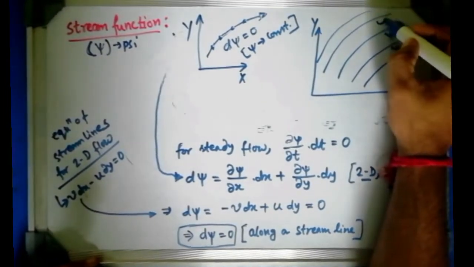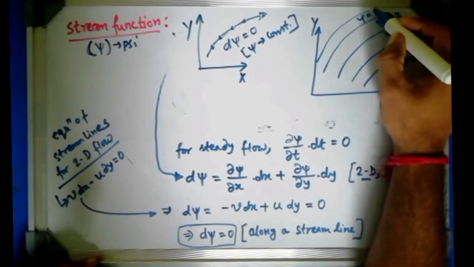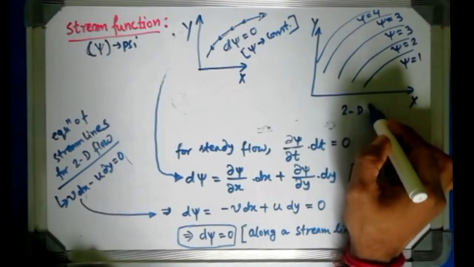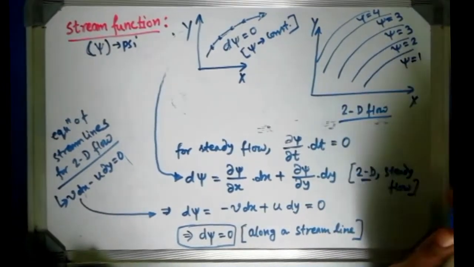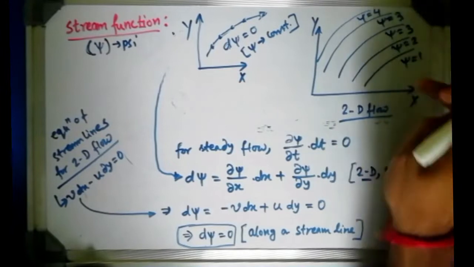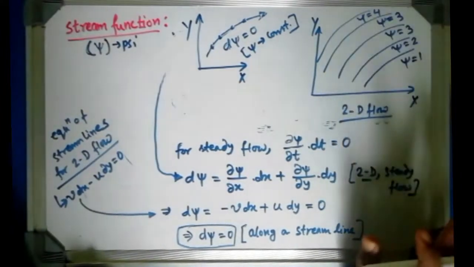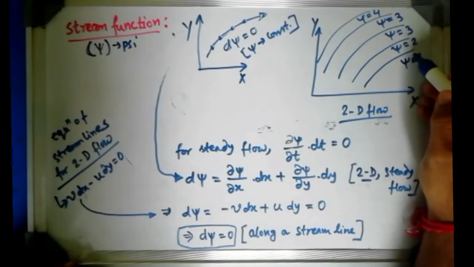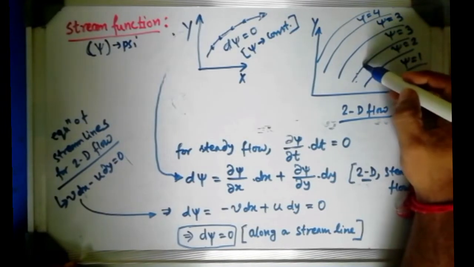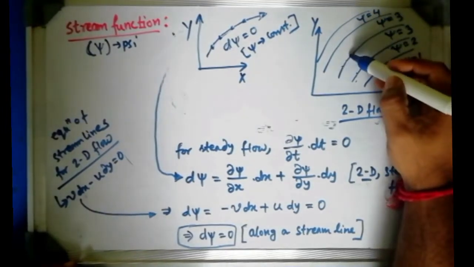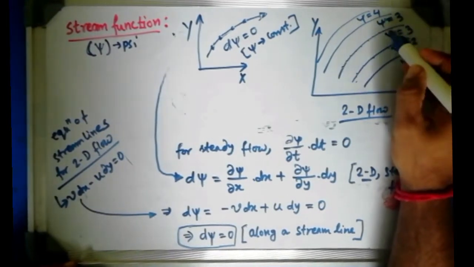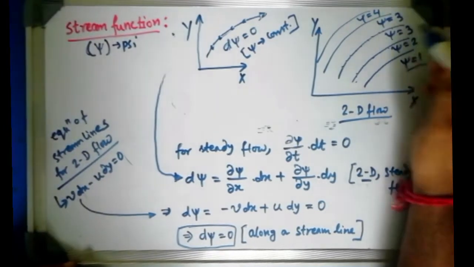For different psi values, I can draw different streamlines, isn't it? Mind it, it is for 2D flow because only x and y coordinates are there. For 2D flow in a Cartesian coordinate system, we can define multiple number of this kind of streamlines, and all those streamlines carry some distinct values. They are different, but along each one, it is a streamline. Along this streamline, psi is 1, mind it. Along this second streamline, at every point, psi is 2. Third one, I am assuming these values. Along this streamline everywhere, if you take any discrete point, psi value will be 3.